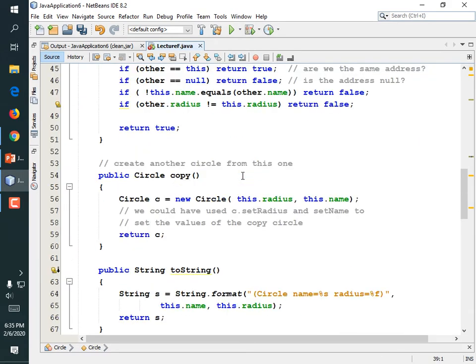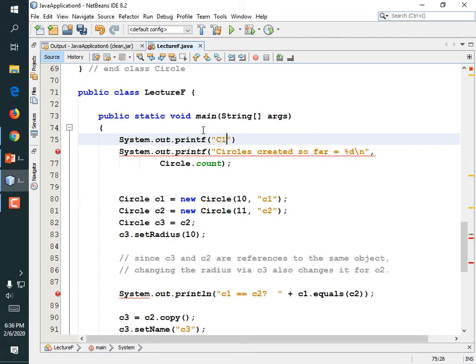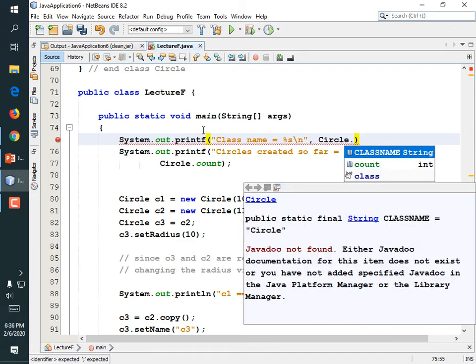So down here we could print out the name of the class, right? System.out.printf("Class name equals %s\n", Circle.className);